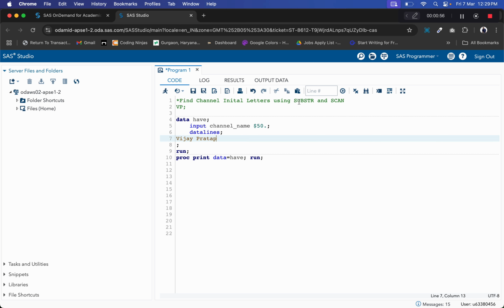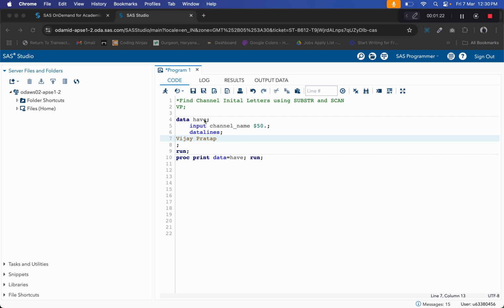This question can be asked in many interviews at the fresher level, because this question is quite interesting, and these functions are used widely in SAS programming. While writing initial programs or while writing advanced programs, we are using such functions. So let's see how we can do this.